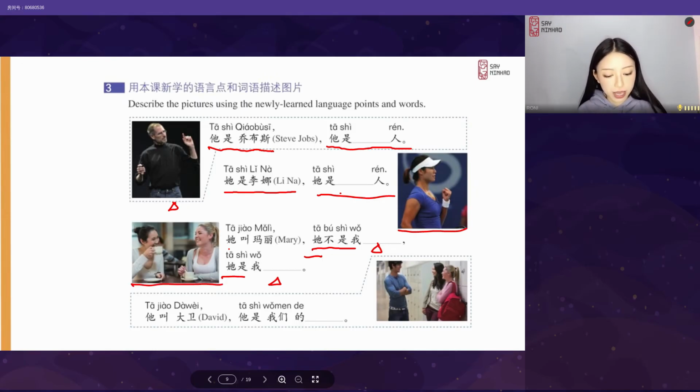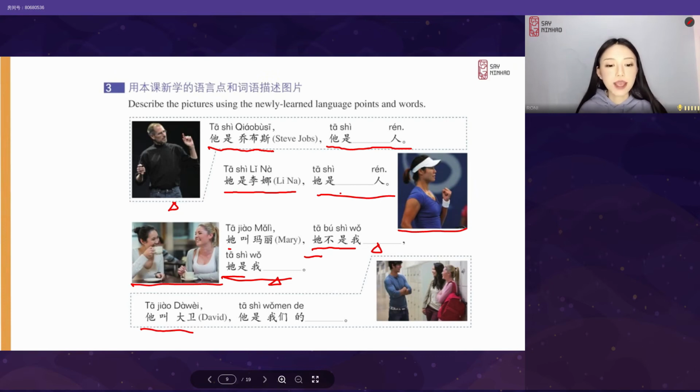Try to fill in the blanks. 她叫玛丽，她不是我老师 or 她不是我学生，她是我朋友。She is my friend. 她是我朋友。